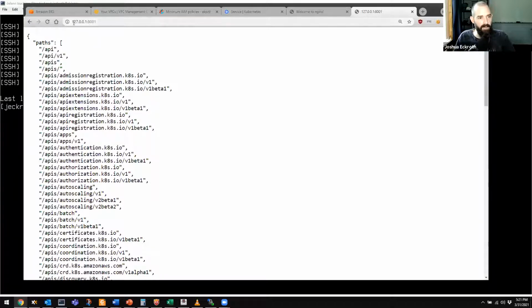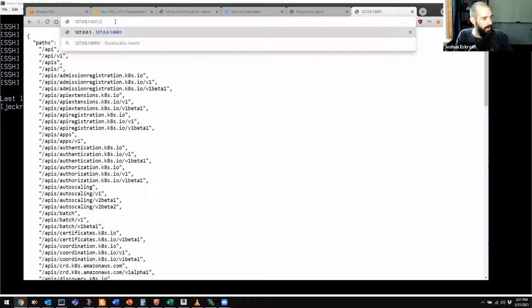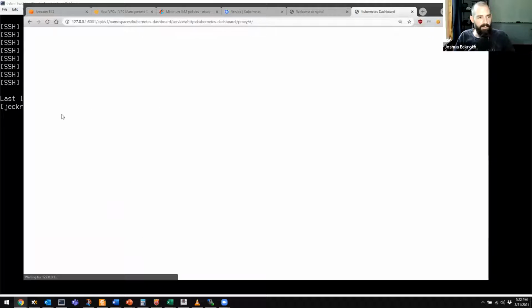So if you just access the front, you're just getting the Kubernetes API. If you go to this address, which is in the documentation for the dashboard. And I need to get a token from